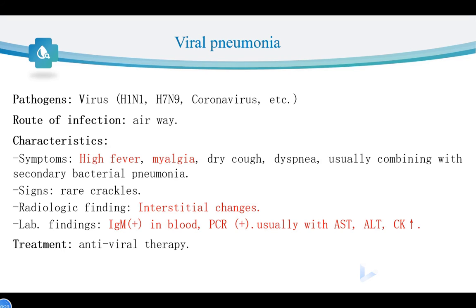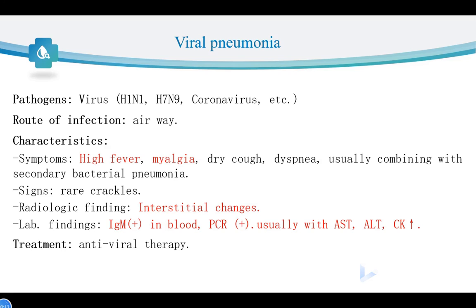And we can confirm the diagnosis of viral pneumonia according to the PCR result for the sputum. Usually, the patient will have an increase of AST, ALT, or CK because of the injury of the liver